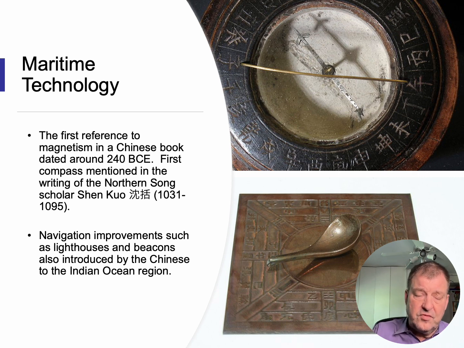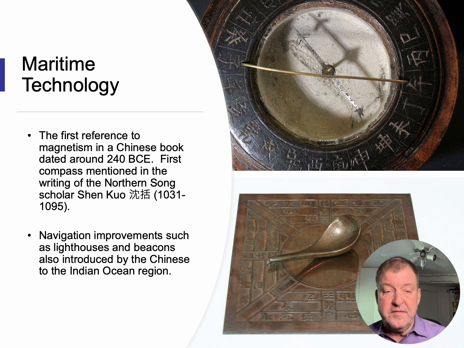There's evidence in writing that experiments with magnetism and the use of magnetism to find directional paths goes back to 240 BCE. So we have some very early references, but the first instrument known as a compass is described in the writing of the Northern Song scholar who was really one of the early scientists of China, Shen Guo. Shen Guo describes a compass as an instrument for determining direction in some of his writing, and soon thereafter we see compasses being developed to use at sea